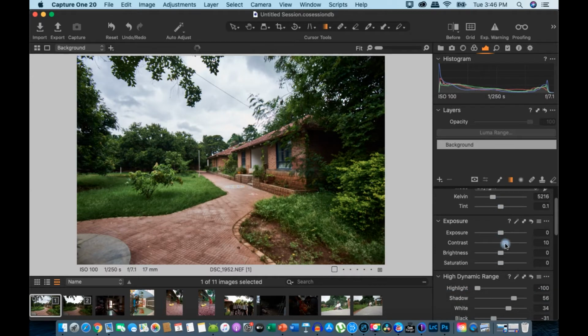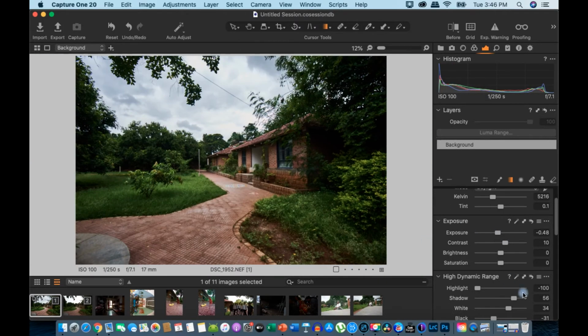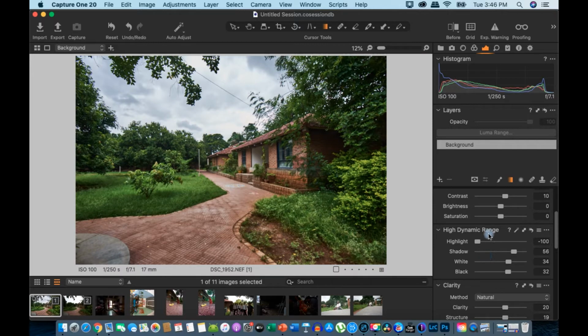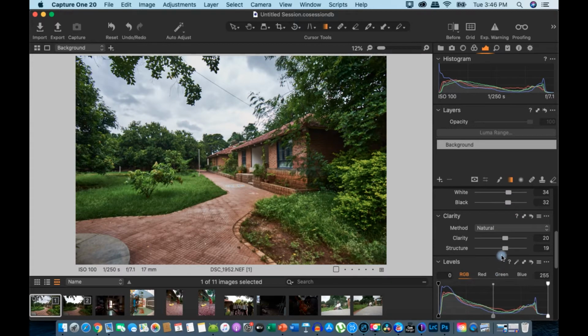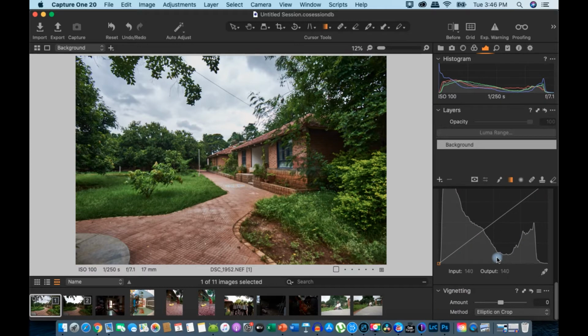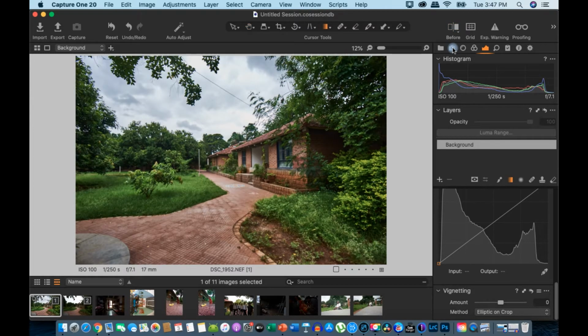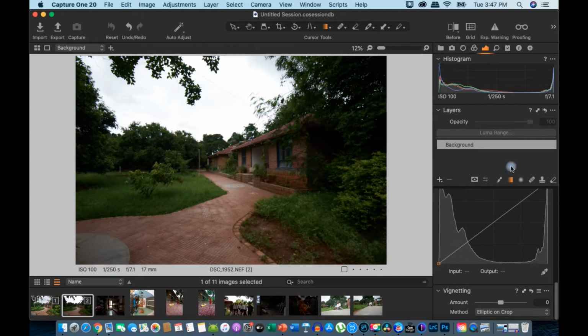We'll give a little bit of contrast. Exposure I'll reduce a bit because this part is a little overblown. Maybe we'll lift the blacks a little bit instead of reducing, and saturation is absolutely fine. So this is how it pretty much looks after applying all the global edits. Let's compare. This is before and this is after. Pretty decent job, but let's compare that with applying only local edits.